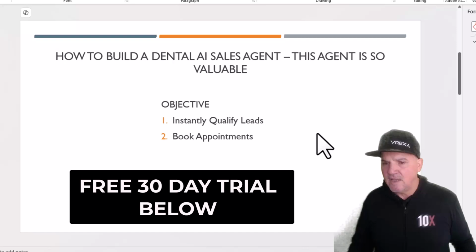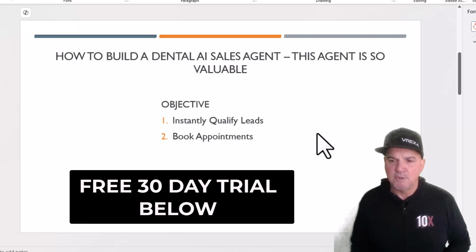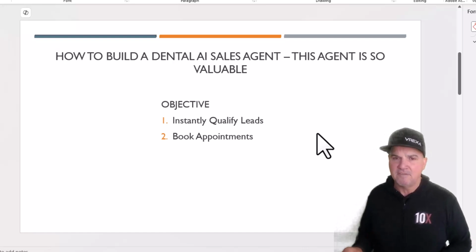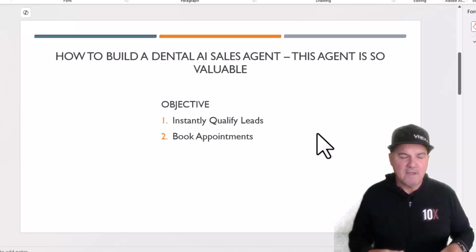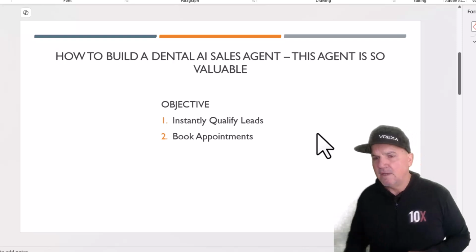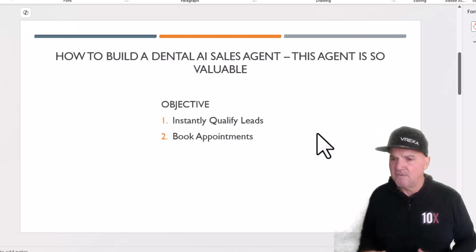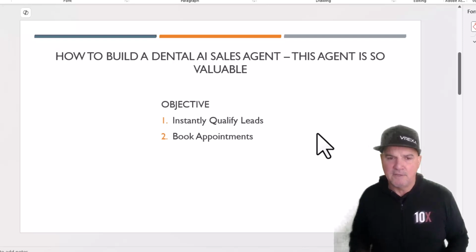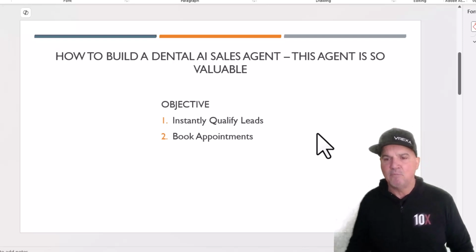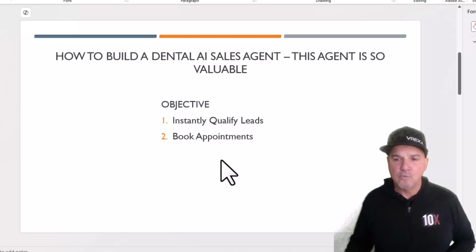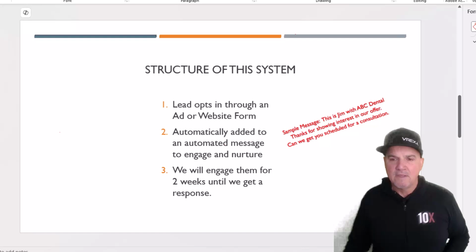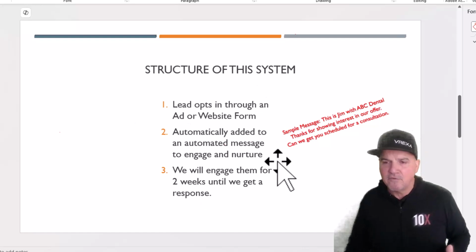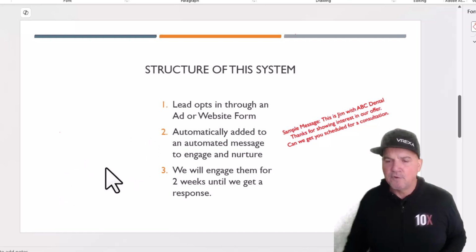The AI agent is so valuable because it instantly qualifies these leads. That's the biggest thing that we see with dental offices. Their hygienist or assistant isn't able to qualify those leads or doesn't have the time to book those appointments. So what this AI agent does, it does all this for you. And we're going to build it out step by step, go through everything. And so the structure looks like this. First, number one,